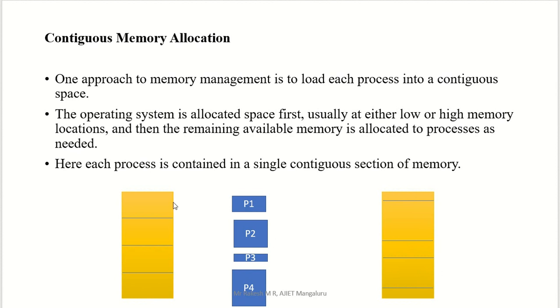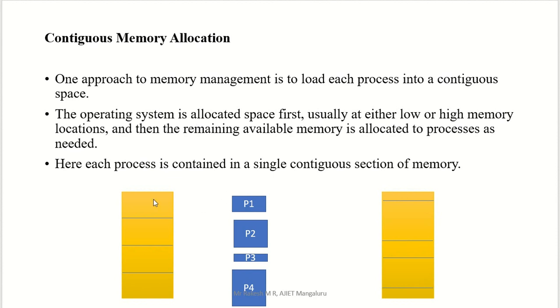But in the MFT concept, you can see this space and this space are the same. If this is 5 KB, this is also 5 KB, this also 5, this also 5, so 4 blocks are there, and that is fixed. We can't change that, and we can't divide further. In the variable case we have 2 KB, 9 KB, 3 KB, 5 KB, 2 KB, like this. In MFT, the size is fixed and the number of blocks is also fixed. We can see MVT and MFT in the next slide.